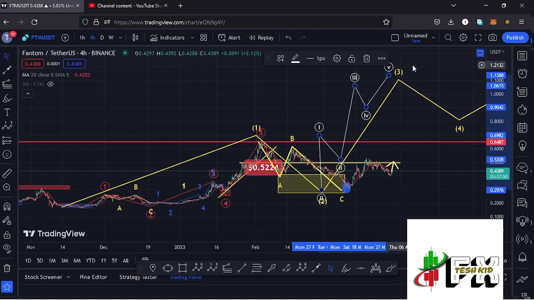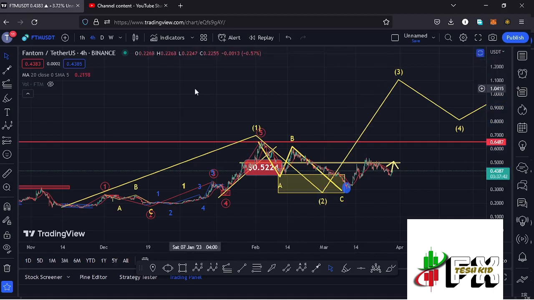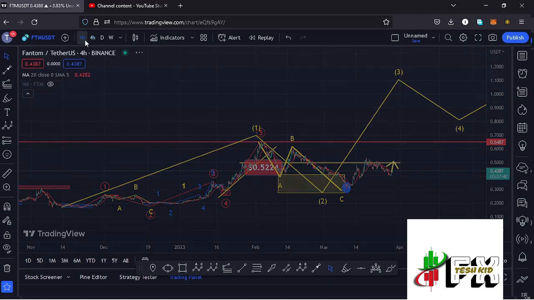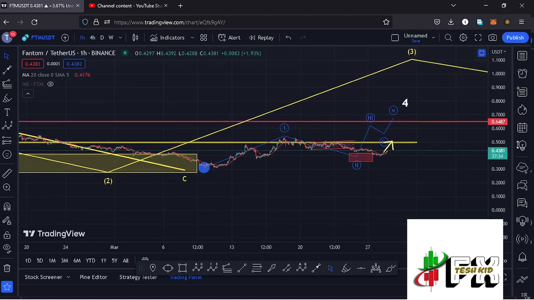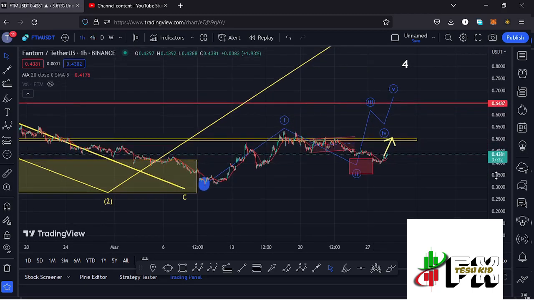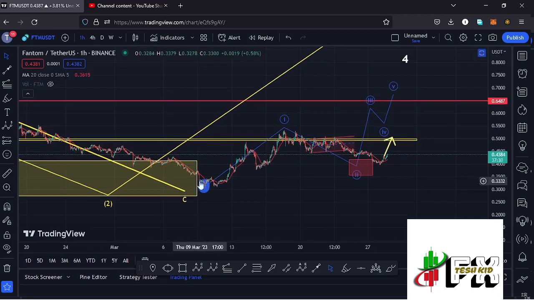And it is this micro Elliott wave count within the formation of that higher Elliott wave count 3 that is going to give me the short-term scenarios, and I believe this is better seen here on the 1-hour chart. So jumping to the 1-hour chart for further analysis and to give you the short-term scenarios, you can see that after seeing our low in the formation of this wave 2 within this yellow target